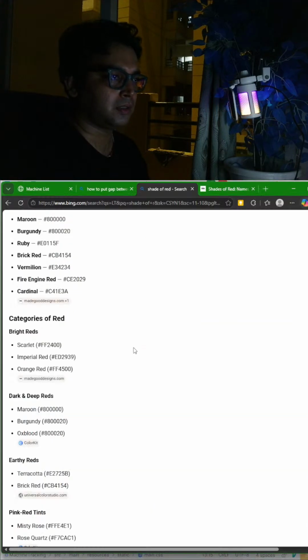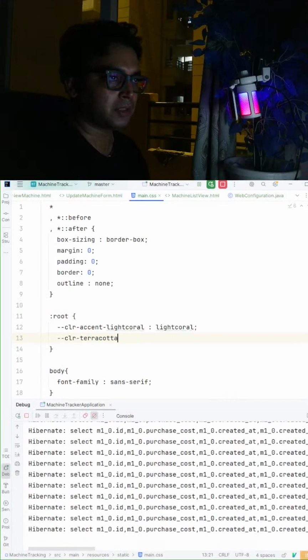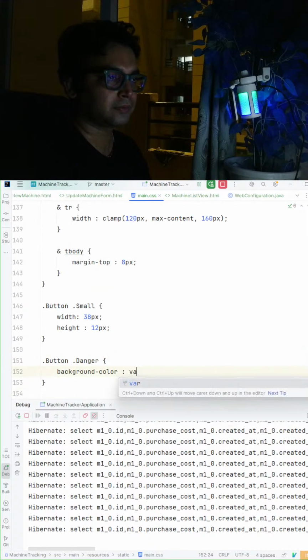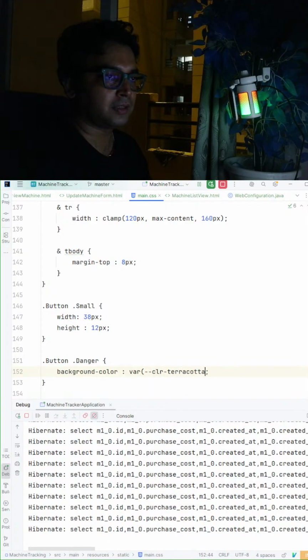Terra. Where is the spelling? Terracotta. Color terracotta. Okay, so